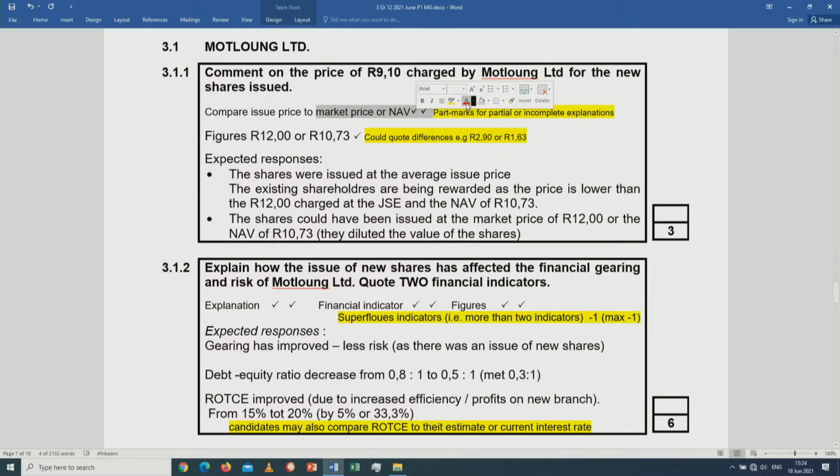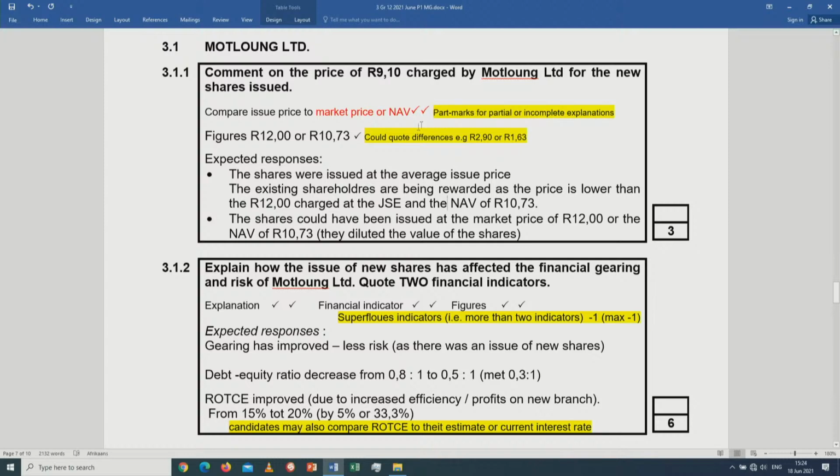We must also check their colleagues. We are talking about the market price of 12 Rand and the net asset value of 10 Rand 73. So learners need to compare 9 Rand 10 with 12 Rand of market price or market value, and compare also the 9 Rand 10 with the net asset value per share. So by quoting the market price and the net asset value of 12 Rand and 10 Rand 73, a learner will